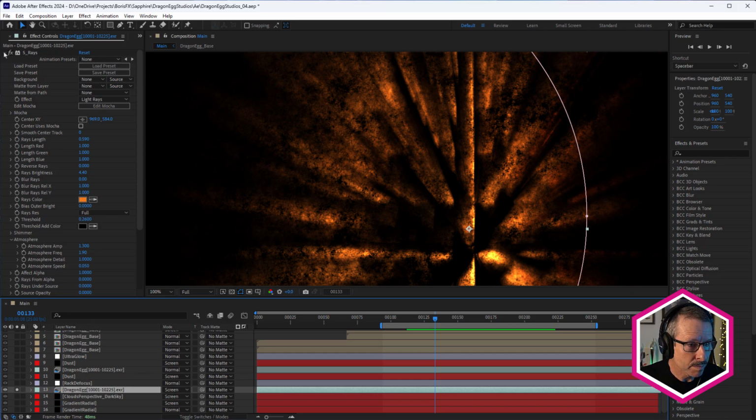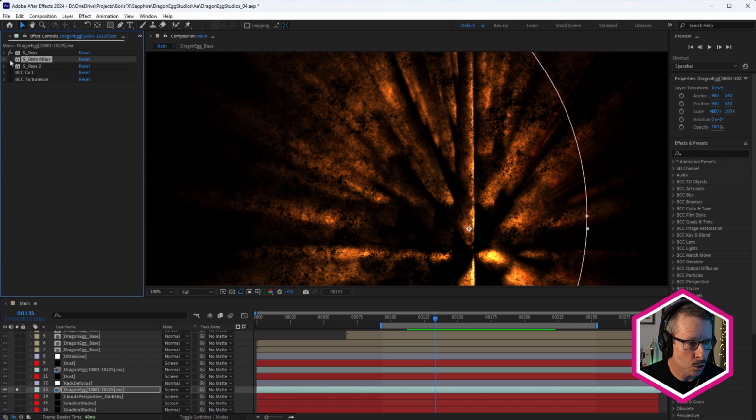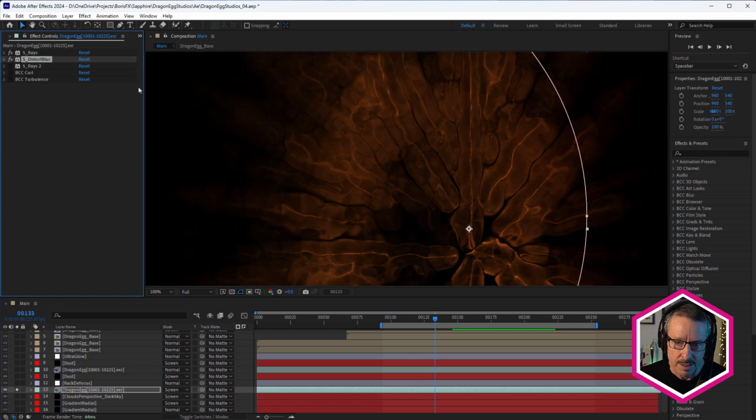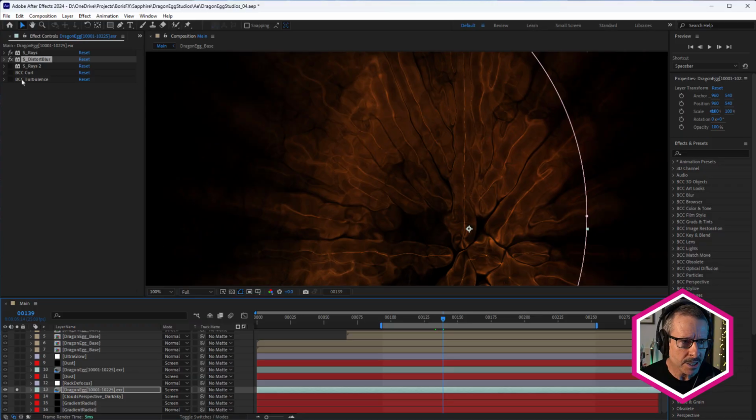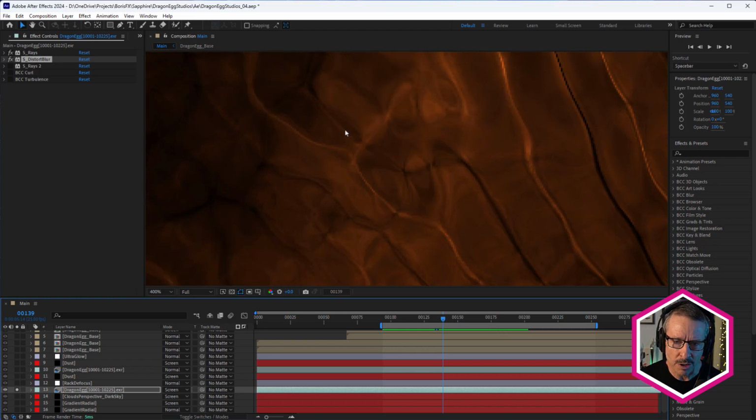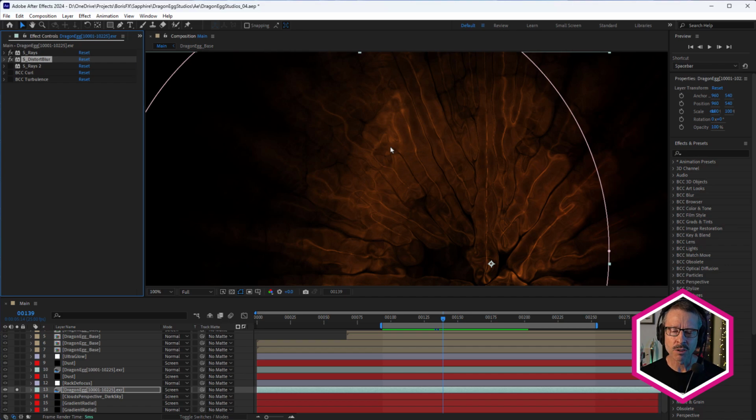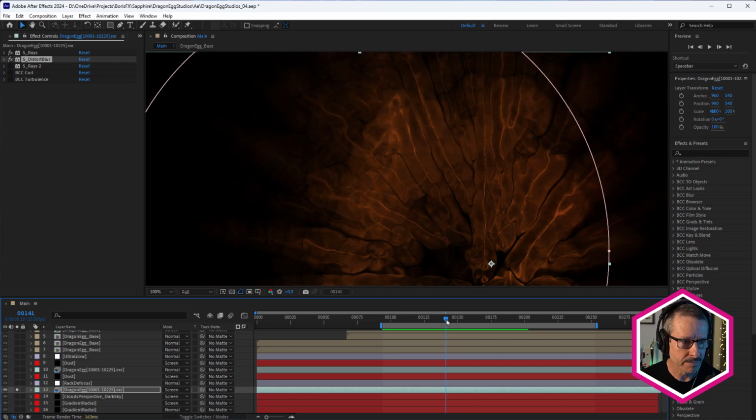And below that, I've used Sapphire's Distort Blur effect. At this stage, I wasn't really trying to create fire. I was just trying to create something interesting behind the egg. I originally used Sapphire Distort, and it didn't quite give me the look that I wanted. And I tried S Blur, and it was a little more smeary. S Distort Blur gives a bit more of a smeared look. And when I applied that, I thought, it's starting to look like fire. So I decided to explore that a little further.